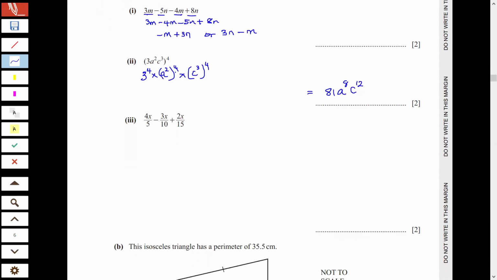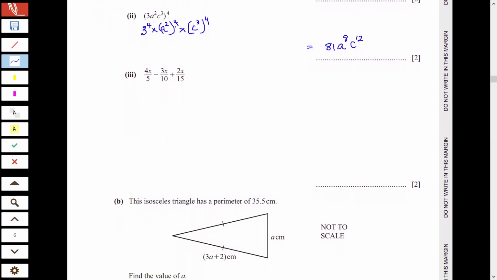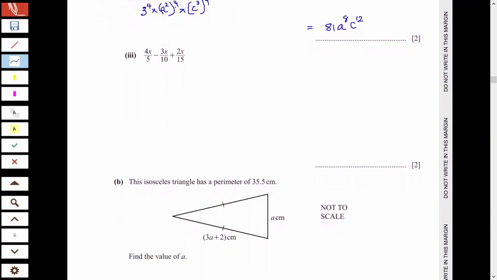Okay, let's move on to the next question, which is 4x over 5 minus 3x over 10 plus 2x over 15. Now, in this case, to be able to add these algebraic fractions, we have to ensure that the denominators are the same. But in this case, the denominators are different. And so we have to find the LCM of the denominators. The LCM between 5 and 10 and 15,